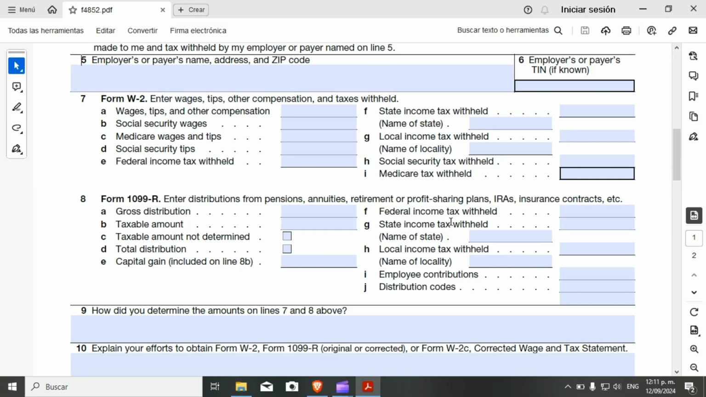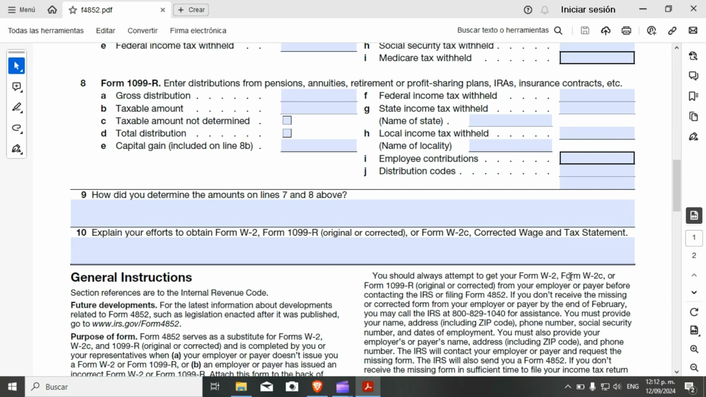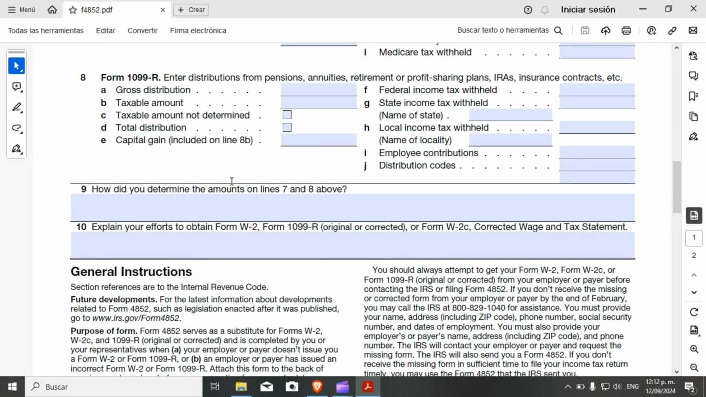And so taxes again, you'd list the federal taxes, the state taxes with the name of the state, the local taxes with the name of locality, and employee contributions, how much you contributed this year, and you would add all of that up to be how much you're going to get back. And so what you do is, how did you determine the amounts in line 7 and 8? You would put there,